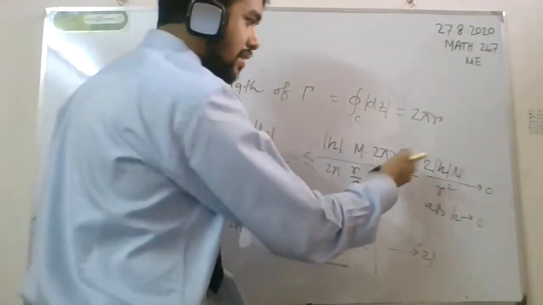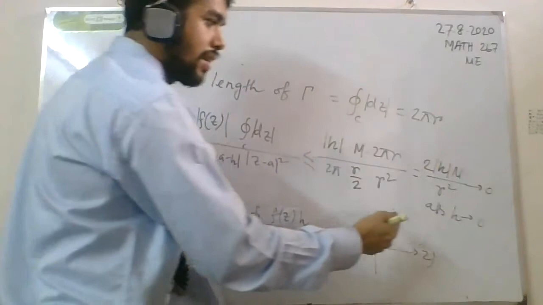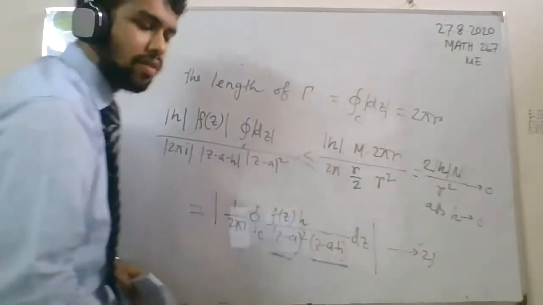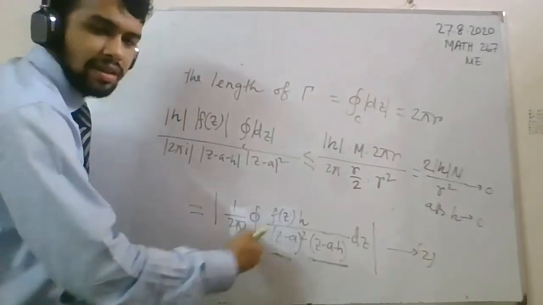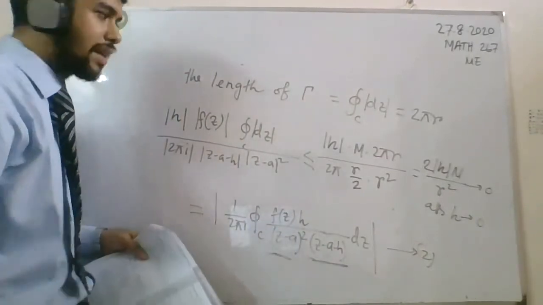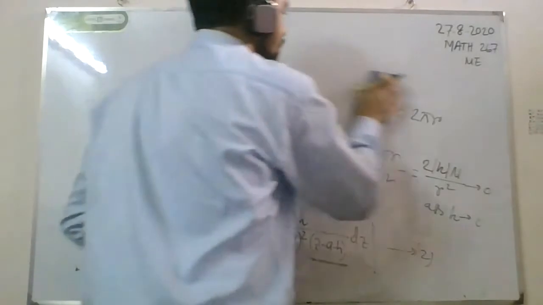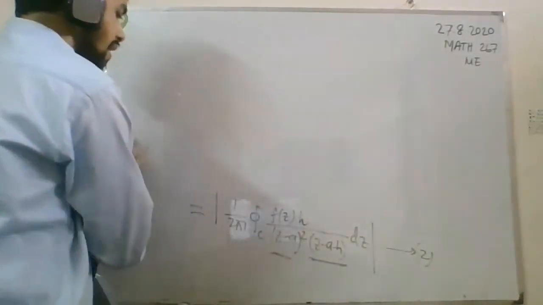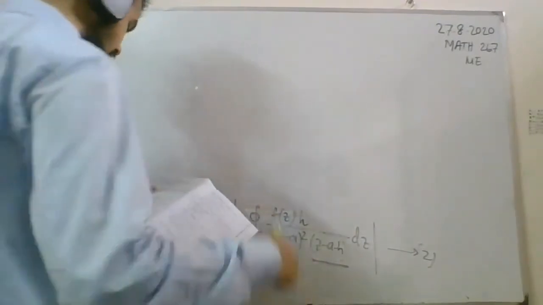After simplifying we get this term. If h tends to 0, this will be 0, so the second term is removed, and easily you can say if you take the limit h tends to 0,